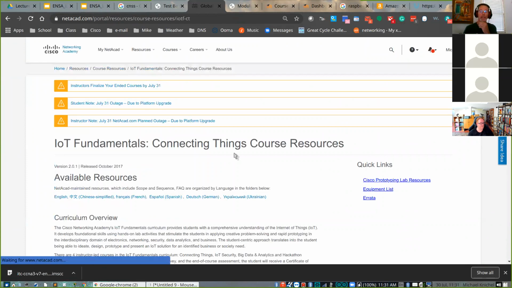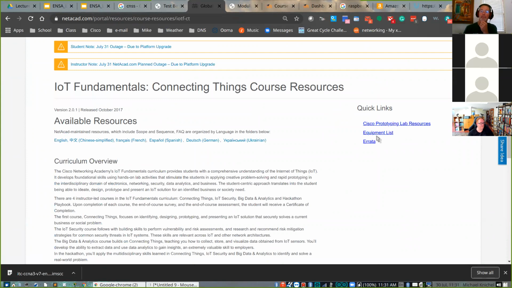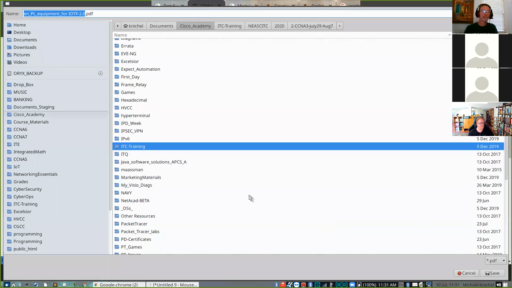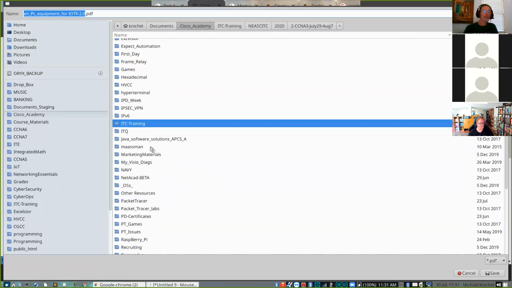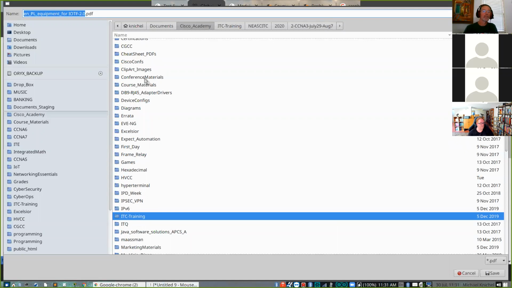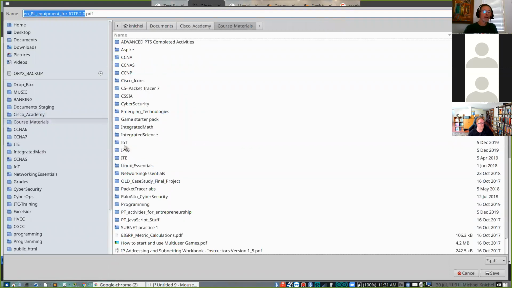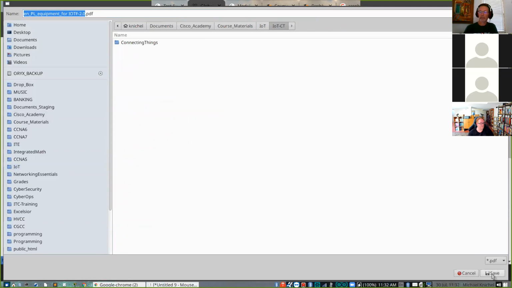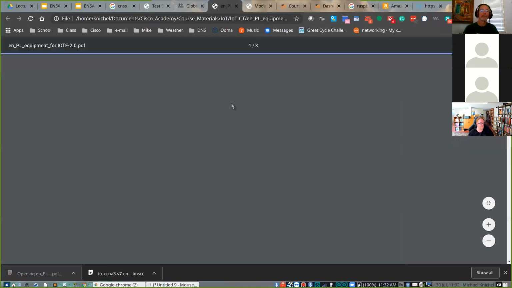So if you're going to do the connecting things, you're going to need to know what equipment you need. Course materials. There you go. IoT. And then open it up.